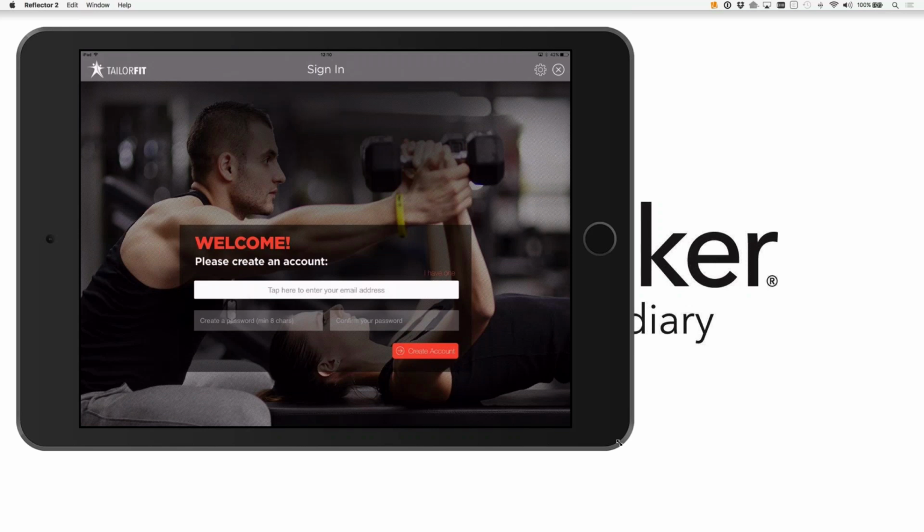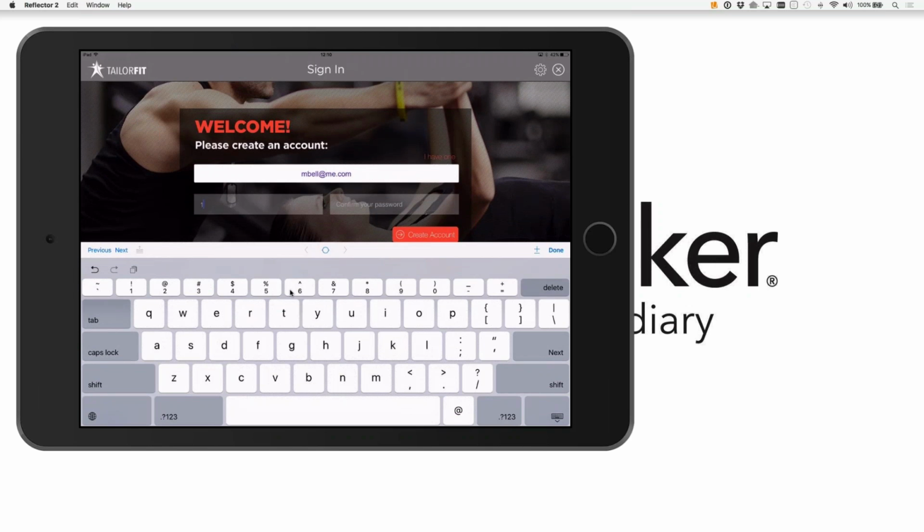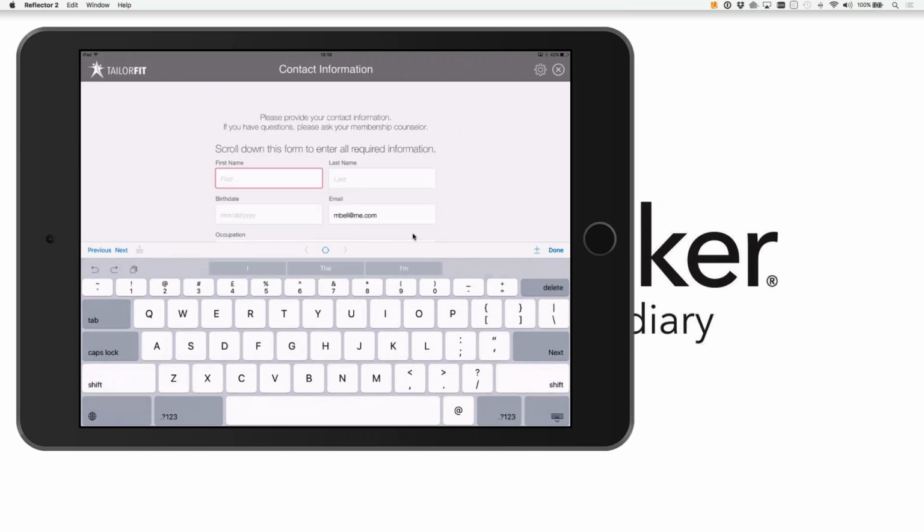And this is what they actually have in their office room when they come and meet their new customers to sign them up. So they would get their customer to start putting in their email address, and then creating a username and password. And then, of course, they would be putting in their name,